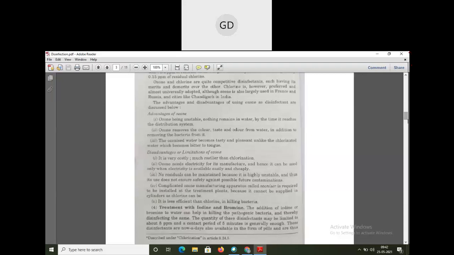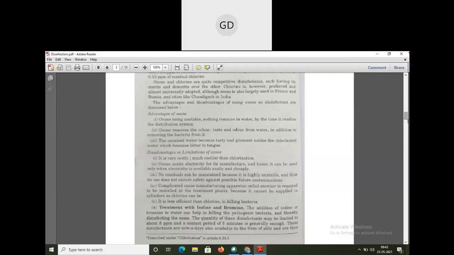Ozone treatment also has some disadvantages, or limitations. It is very costly, more costly than the chlorination process. Also, ozone needs electricity for its manufacture, so it can only be produced when there is electricity, and when there is no electricity, you cannot manufacture ozone. Next, number three, no residuals can be maintained because it is highly unstable,